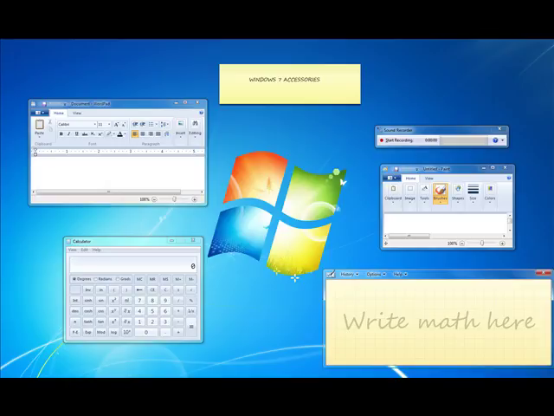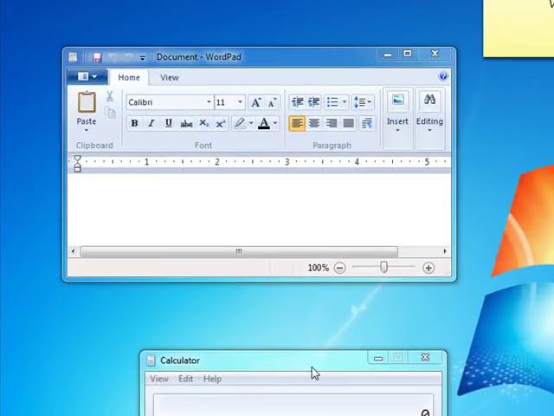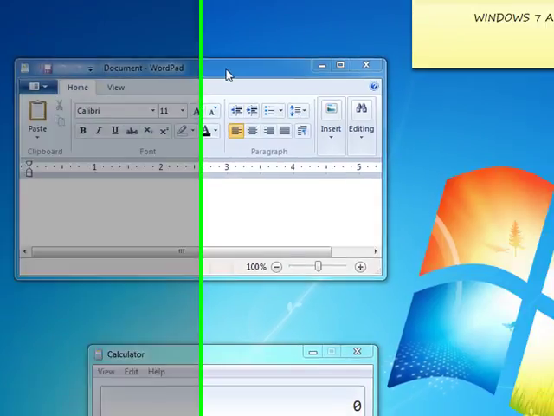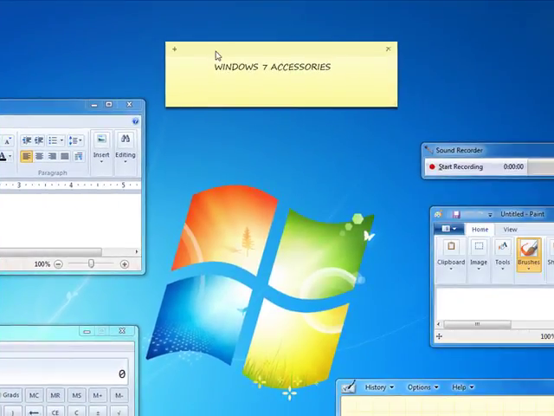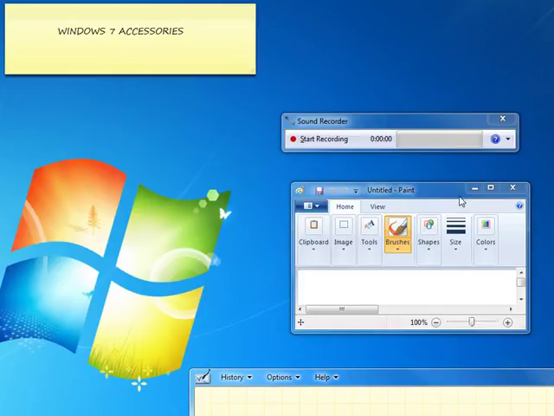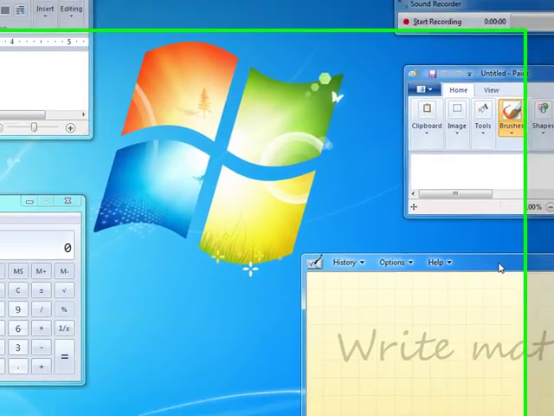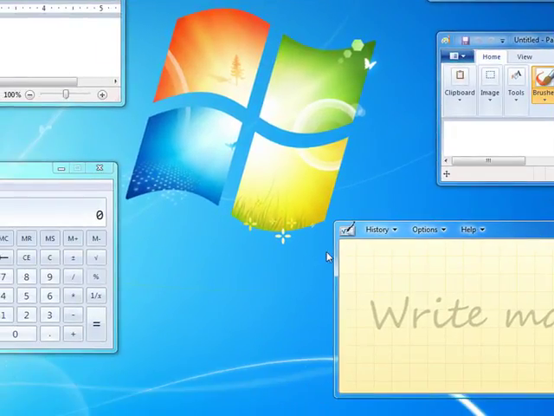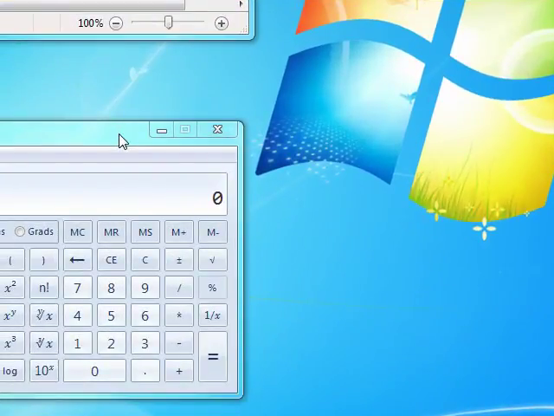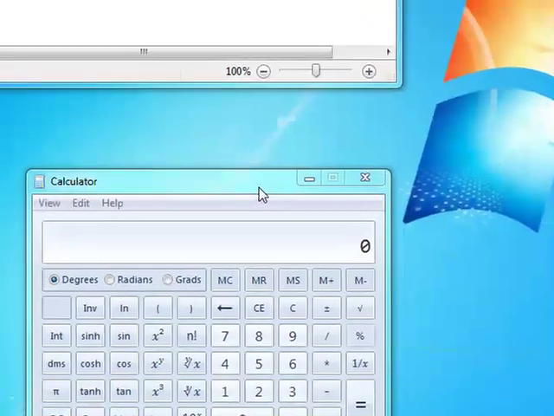Some Windows 7 accessories that might be useful for many students. First of all, we're going to talk about the calculator, WordPad, Post-it sticky notes, Sound Recorder, Paint, and the Math Input Panel. So first of all, I know a lot of students use their calculator for daily calculations, but